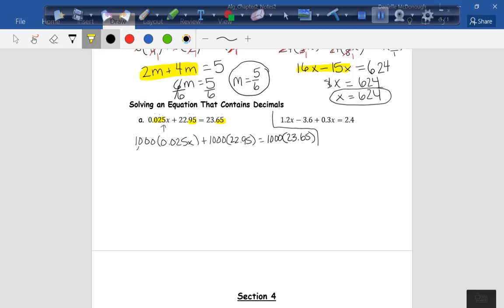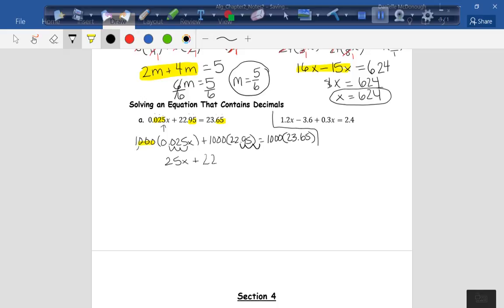And remember, when you multiply by 1,000, you move your decimal place over the number of zeros that you have. So what I'm going to do is move my decimal place over 1, 2, 3. So this ends up becoming 25x plus, if I move this over 1, 2, 3,